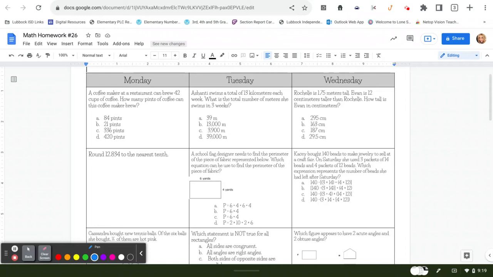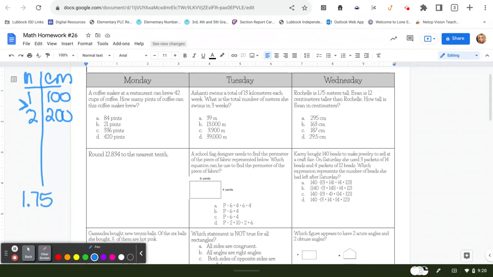Okay, first we need to figure out how tall Rochelle is in centimeters. Meters are greater than centimeters, and my reference sheet tells me that 1 meter is equal to 100 centimeters. So 2 meters would be 200. Well, I need something that's in between there, because she is 1